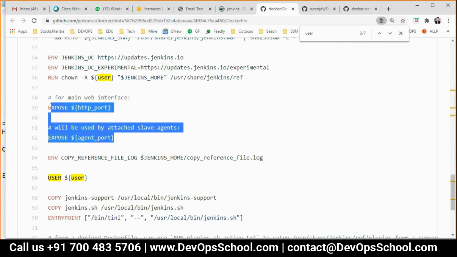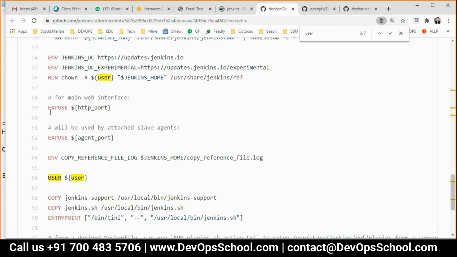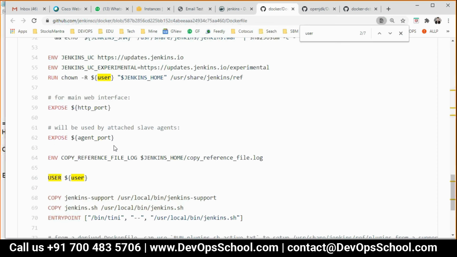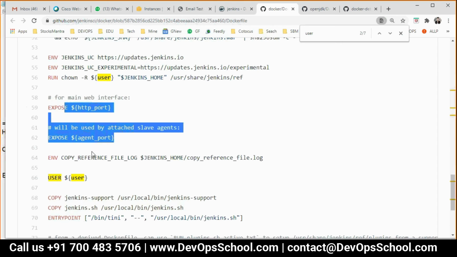Are you able to understand? If someone sees the Dockerfile, they see that this application is using two ports. Which port? It's declared on top. Ultimately, which port the application should run on is decided by the application itself. It's hard-coded in the application, for example Apache, Tomcat, your application.